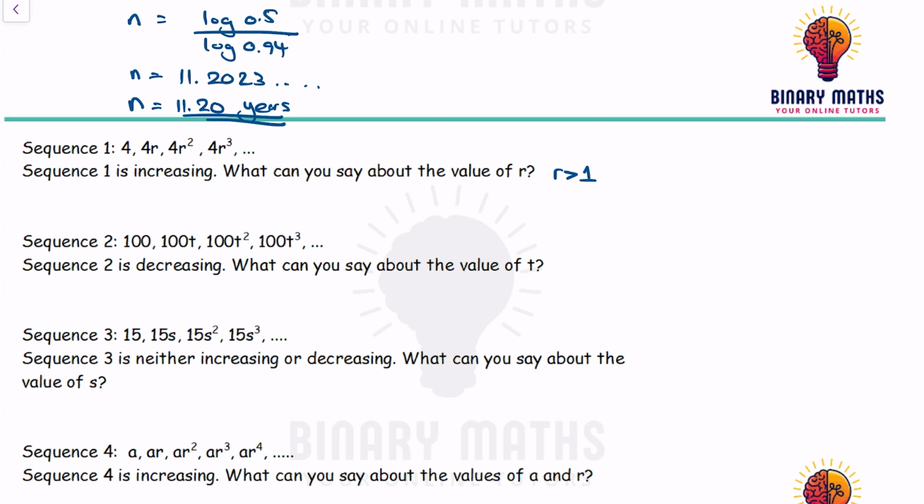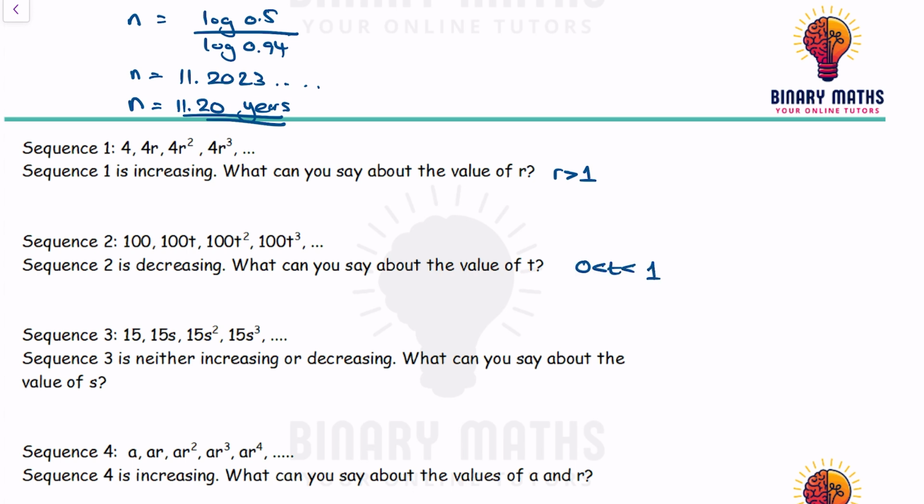Sequence 2: 100, 100 times t, 100 times t squared, 100 times t cubed. Sequence 2 is decreasing, so it's going down. What can you say about the value of t? Obviously, t can't be greater than 1, so we can eliminate that straight away. t also can't be negative, because if it was negative, it's going to alternate from positive to negative to positive to negative. So it can't be that t is negative, which means t must be between